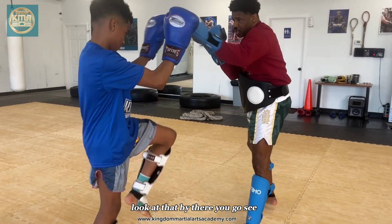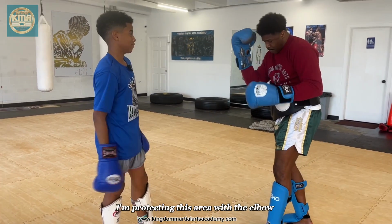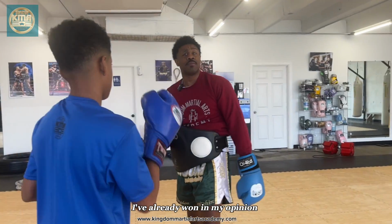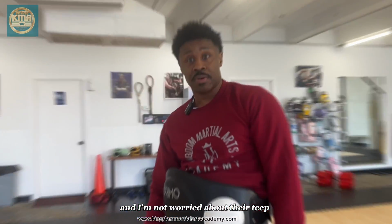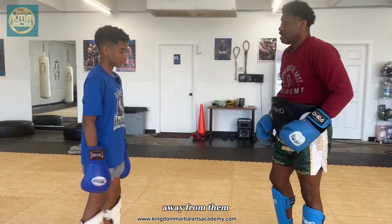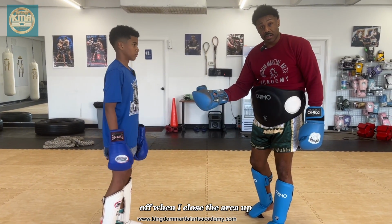Look. There you go. See? I'm making the area smaller. I'm protecting this area with the elbow. So even if I'm close here, I've already won in my opinion because I can actually attack him now and I'm not worried about that teep. They're going to use that teep to keep you away. You have to take that away from them. So even if they are able to get that teep off when I close the area up, that's when you